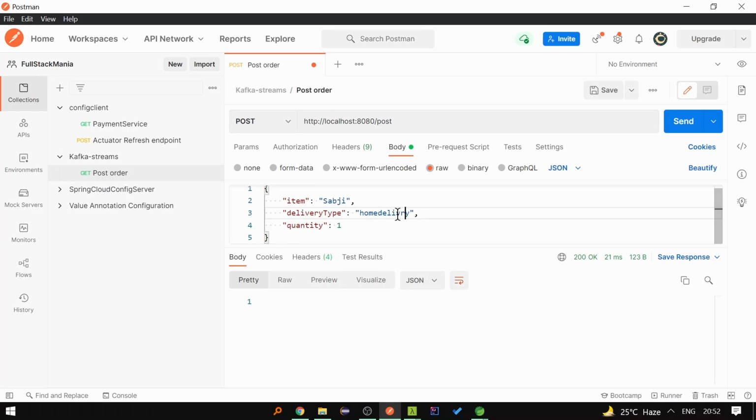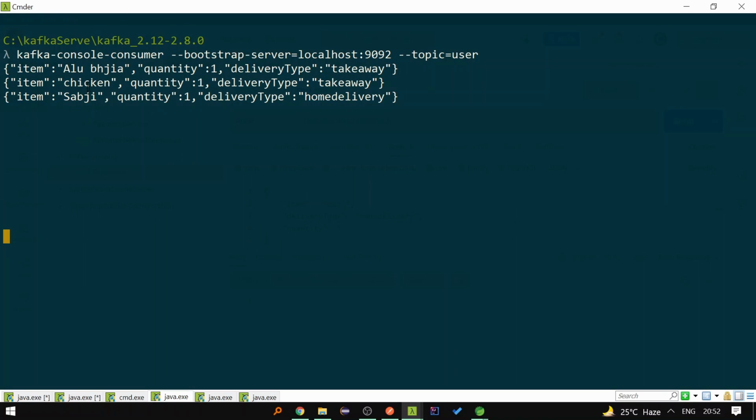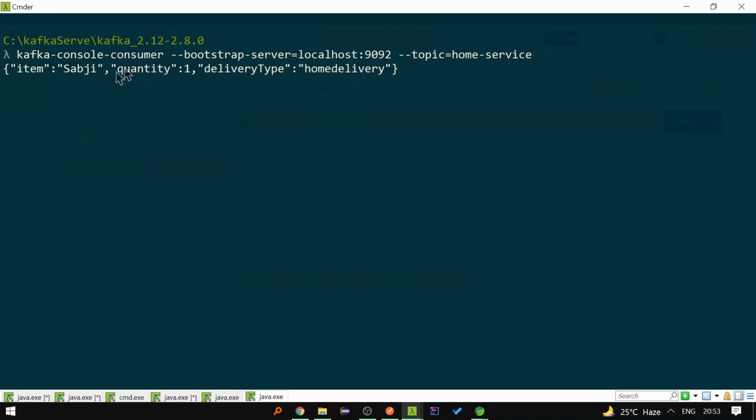Now let's send this request and let's see what will happen. Now we can see this in the user topic. Because it is home delivery, we're not going to see this in the takeaway topic. It is not there, but we can see this in the home service topic, right? It is there.